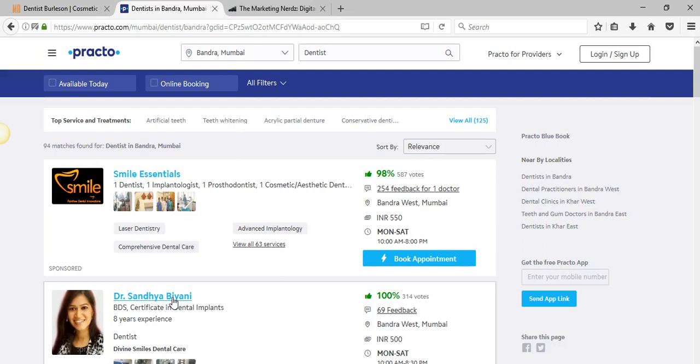When people come to Practo, all they're looking at is, does this dentist have a lot of reviews? Yes, which is awesome, great. Two, what is the price point? So sooner or later you want to get away from the whole price point comparison. It's a great way to get a few patients really quick, but then sooner or later you'll always get stuck in the rat race,